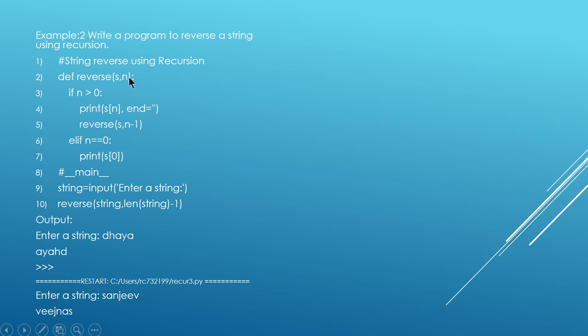So here it will come with n value 4, which will store the last character, and you keep on printing it and then you will move back to the previous character. When you execute this program and enter a string, it will be reversed. If you enter another string, that will be printed reversed as well. Now let us learn the execution order. In which order will it be executed?